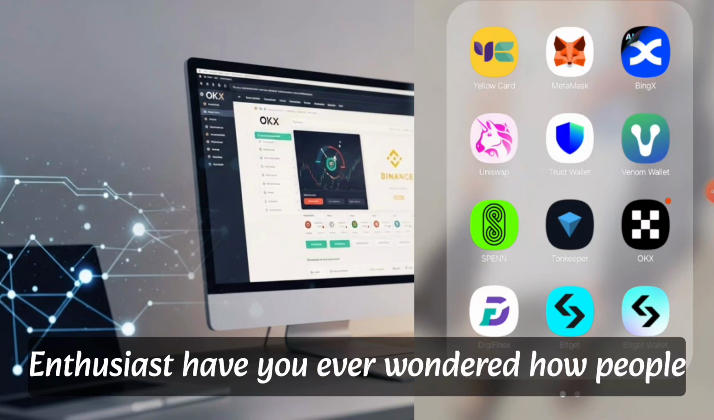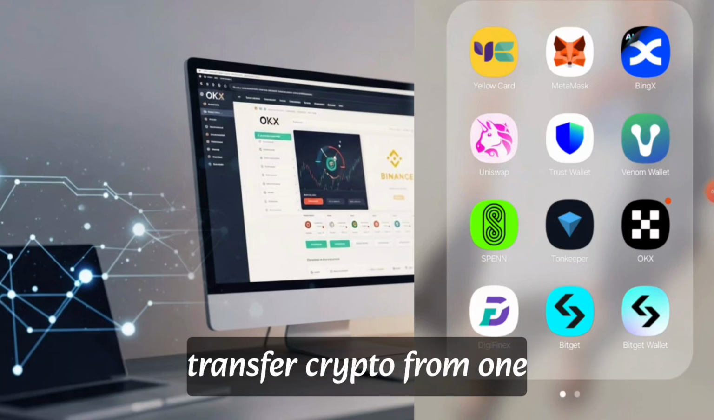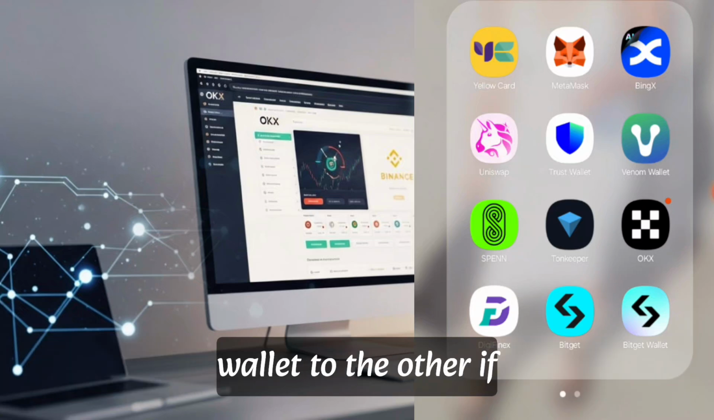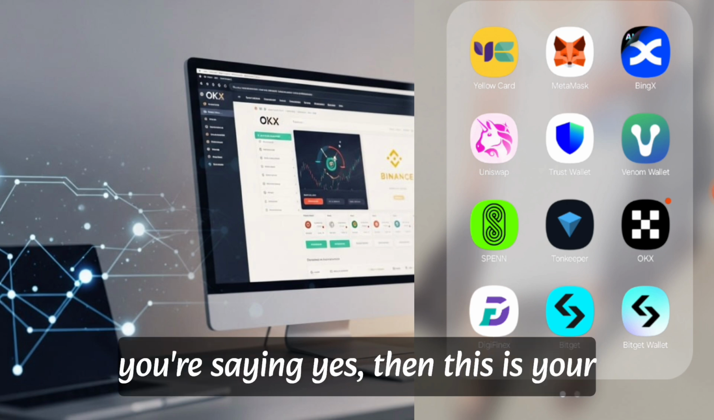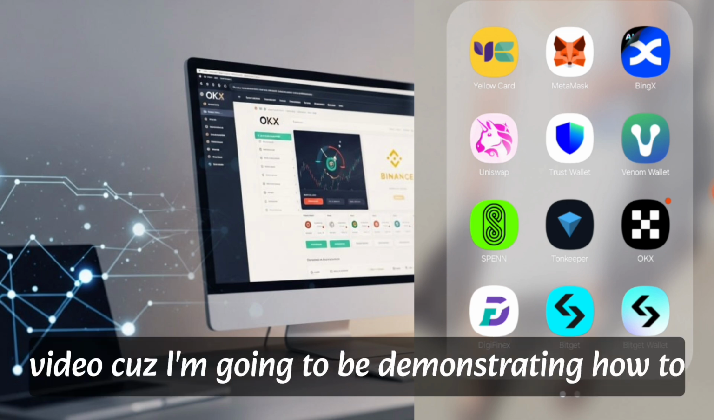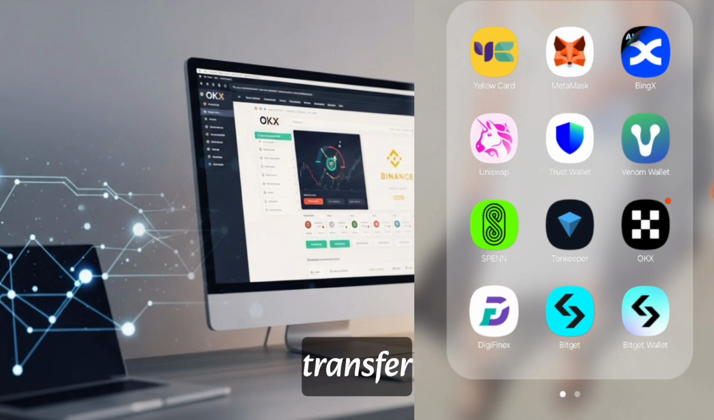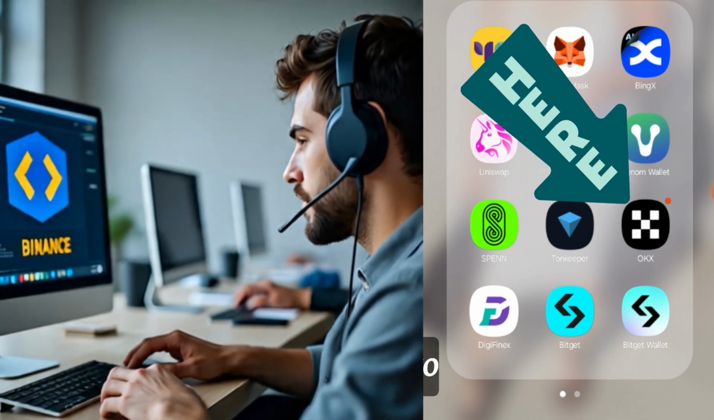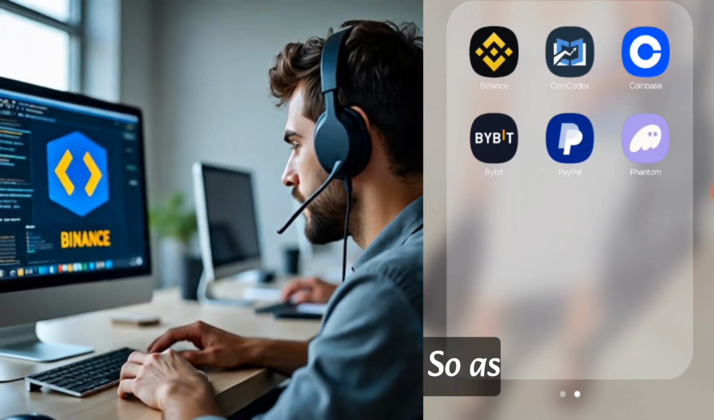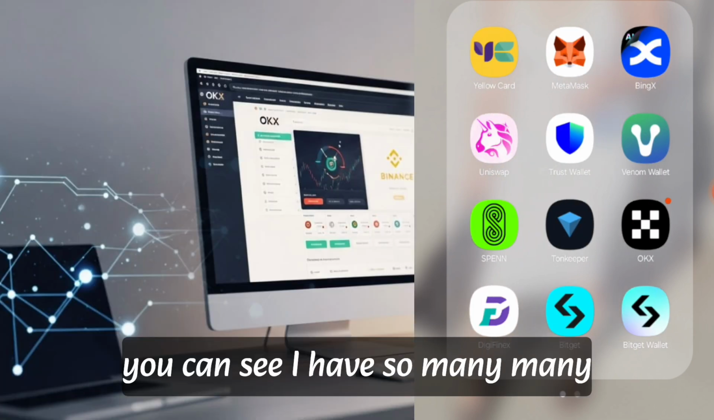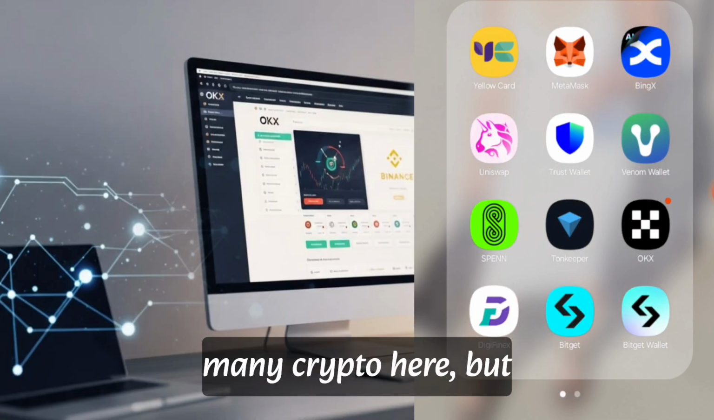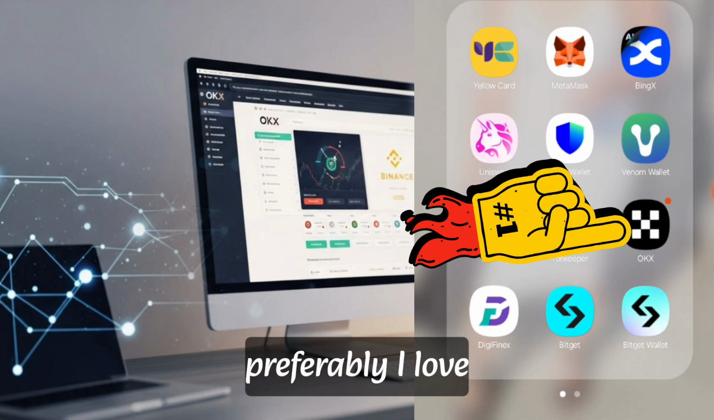Have you ever wondered how people transfer crypto from one wallet to the other? If you're saying yes, then this is your video, because I'm going to be demonstrating how to transfer USDT from OKX to Binance. Okay, so as you can see, I have so many crypto wallets here, but preferably I love